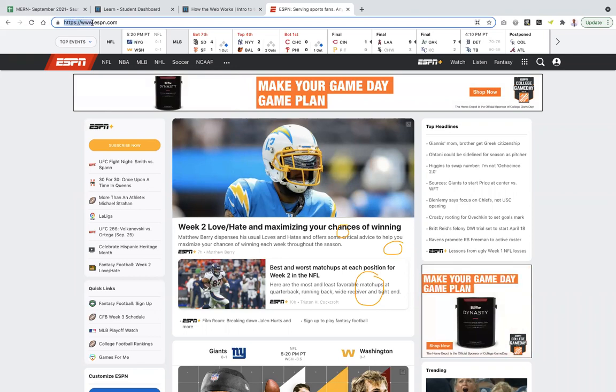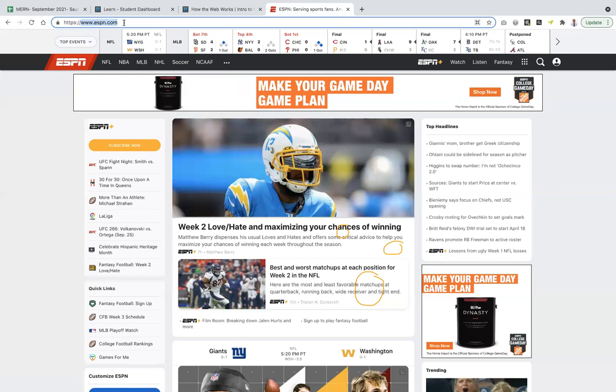But it's an HTTP request, hypertext transfer protocol, okay? Try saying that at a party. So hypertext transfer protocol, that's what it stands for. You don't need to memorize that to build a web app, okay? But that's what the protocol is. The protocol just means some type of agreement where if I go on www.espn.com,